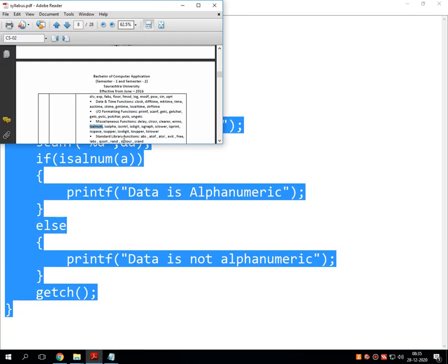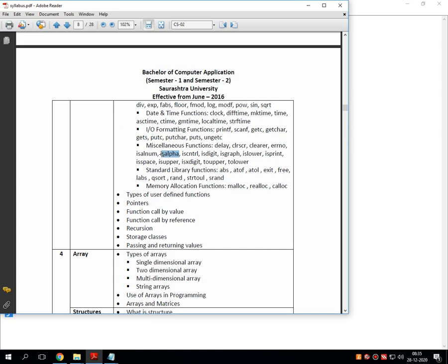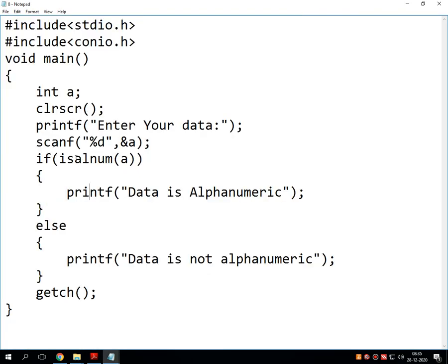We are going ahead. Next program is isalpha. Now this particular function will check only whether the inputted record contains the alphabet or not. Let's check.